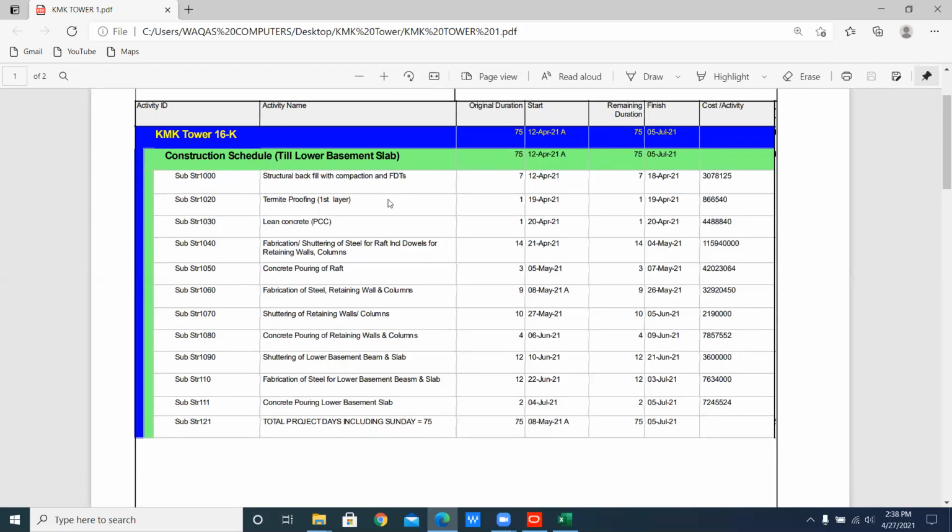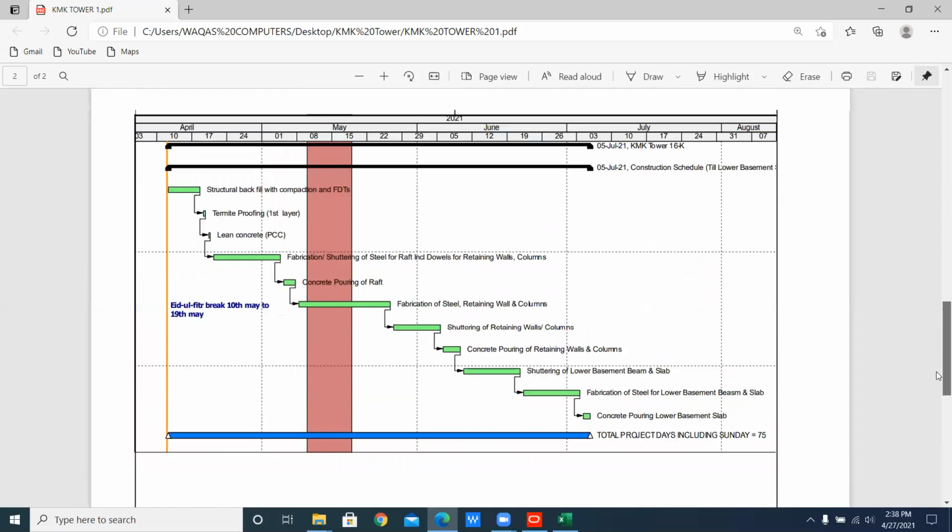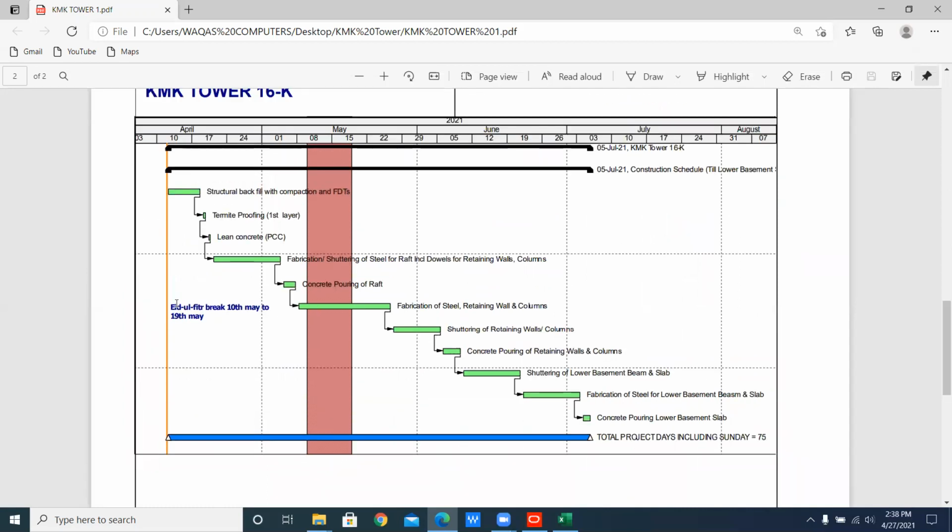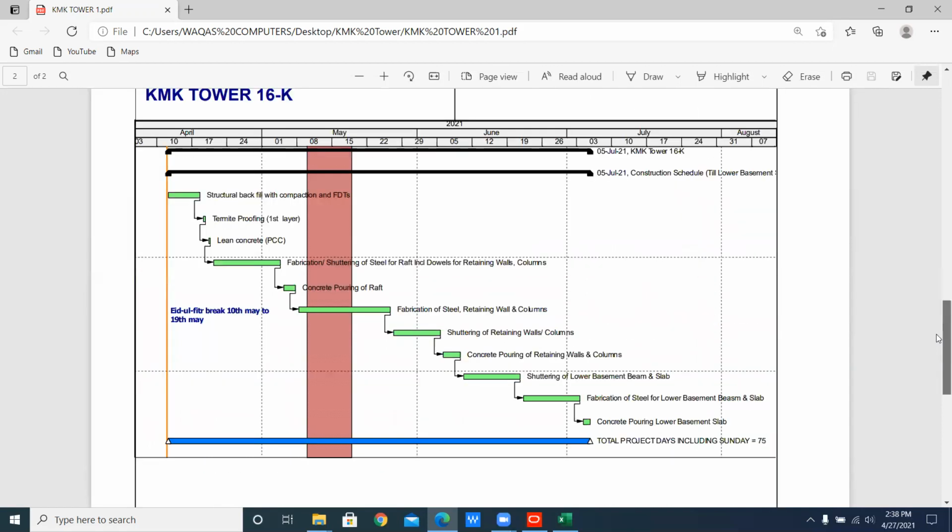But I want to make you understand that this anticipated start and this anticipated finish are understood before starting any project. So here in Primavera P6, this is the Gantt chart I have shown you. I will also show you this in the activities.